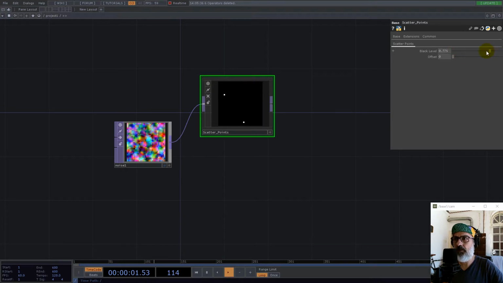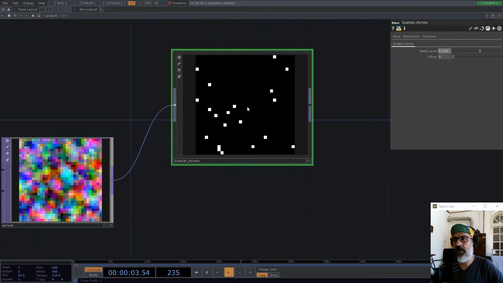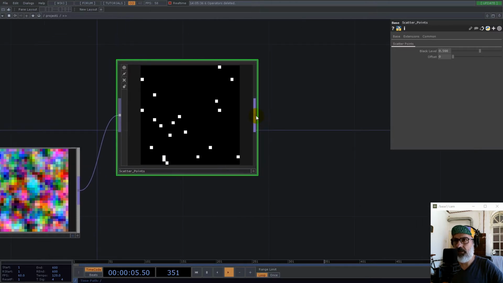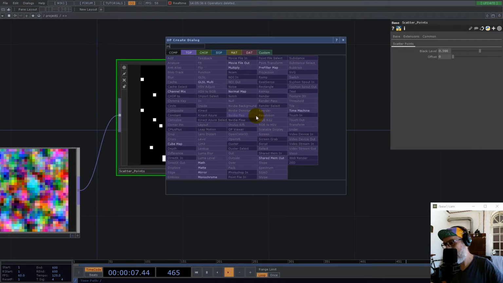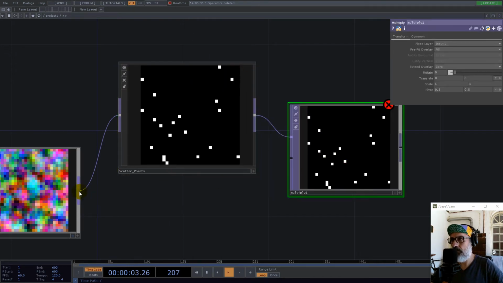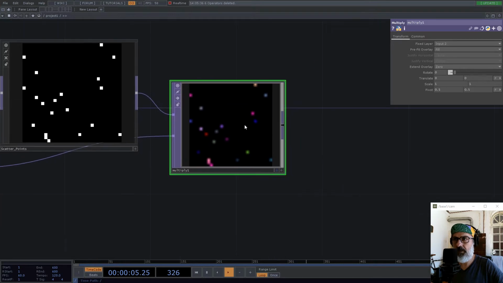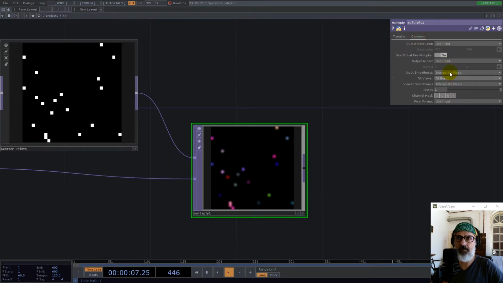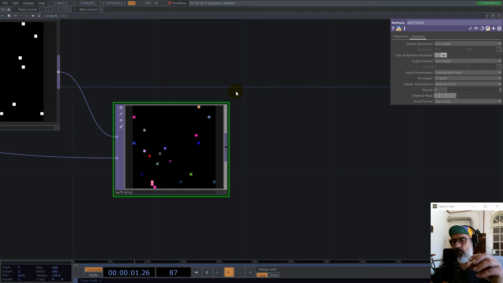Now okay, we want only a couple of them, and so if I multiply now those two textures I got, okay, we have this, so the points are well spread, so I want to take them, okay, and